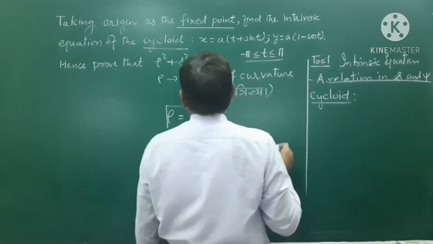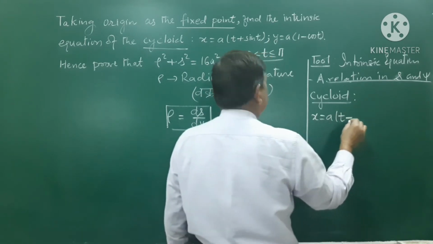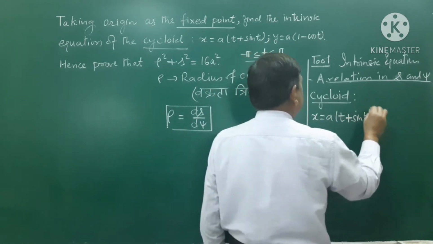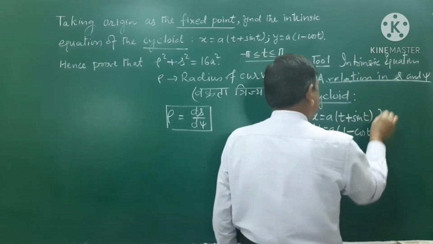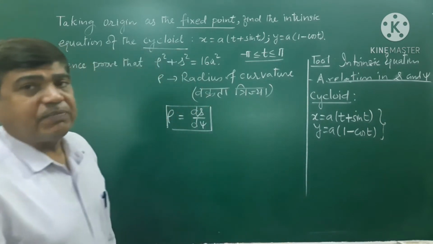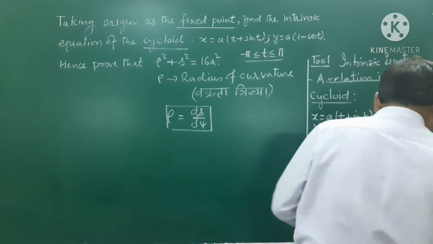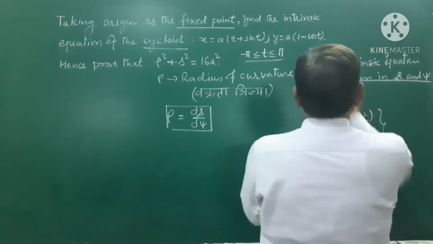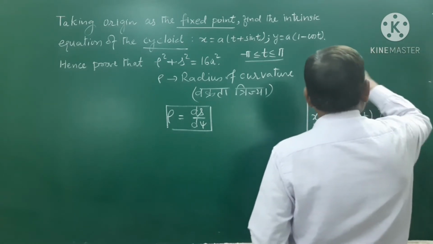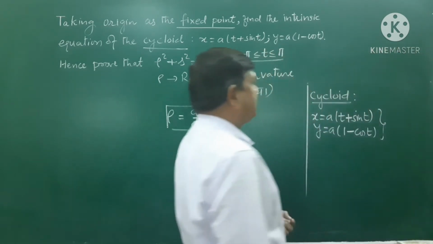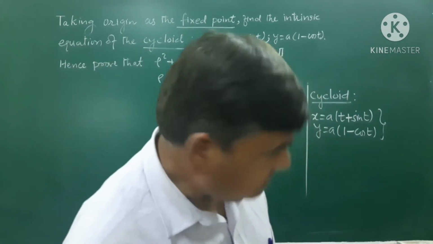Cycloid. This is x equals a times t plus sin t. It is not minus, remember, and y equals a times 1 minus cos t. t is the parameter here. We have discussed the graph of the cycloid, and here the graph is not required. Even then,